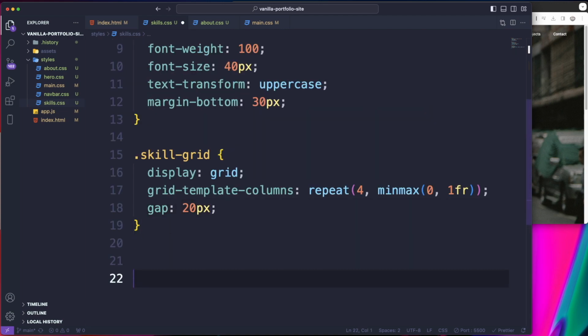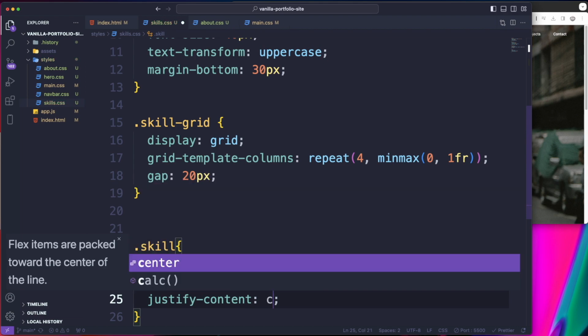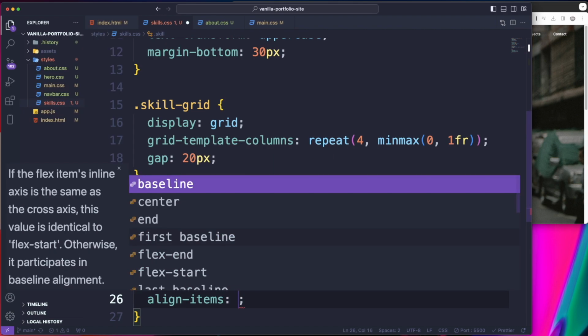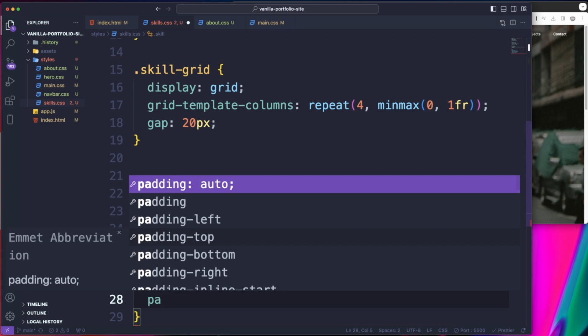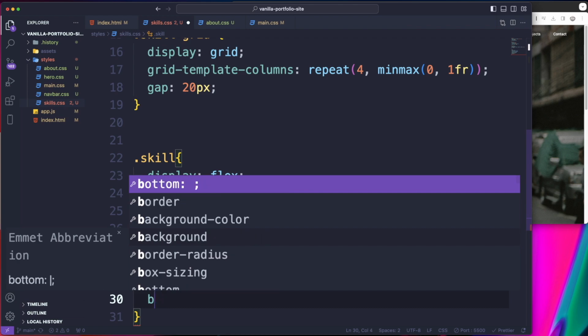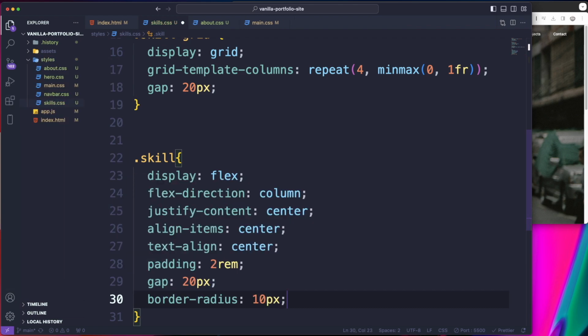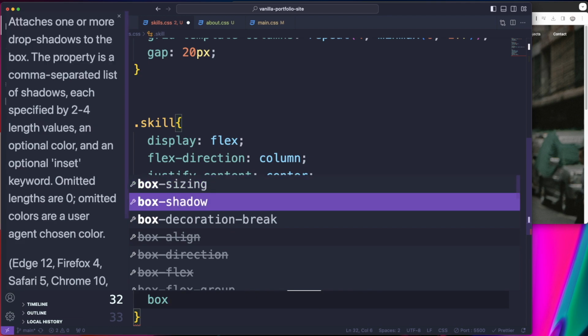Alright, so underneath this grid, we're going to grab our individual skills. We're going to do dot skill, display of flex, flex direction of column, justify content center, and align items center, text align center, a padding of 2 rem, a gap of 20 pixels, a border radius of 10 pixels, background color is going to be white, and we're also going to have a box shadow that I'm not about